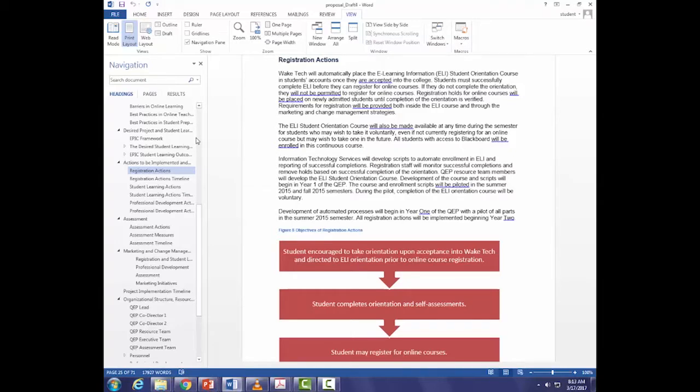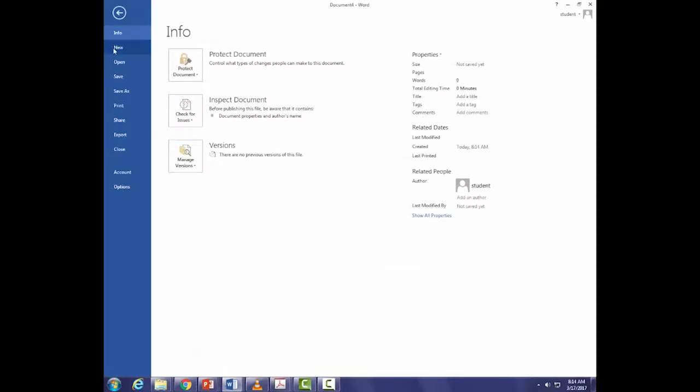And now I would like you to open up Word, and we're going to work on some headings together. And I'll show you what's good about these headings and how you might want to use them. So I want you to think about whatever documents you create, whether you teach here or not, no matter what your job is. I want you to think about some of the documents you create, why you create them, and what you're trying to convey a little bit. So I'm going to start a new document here with you.